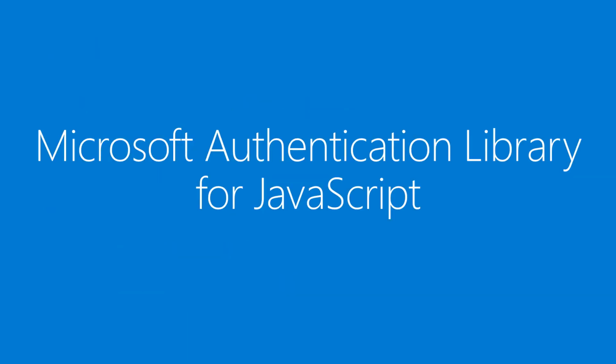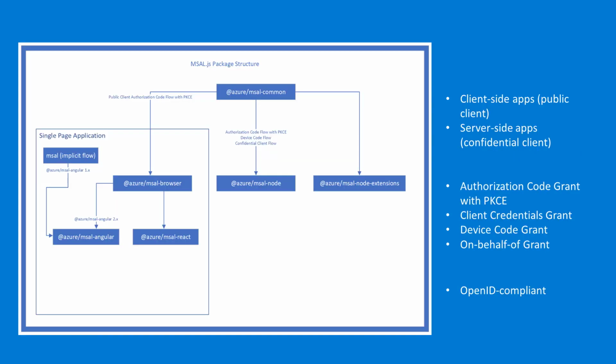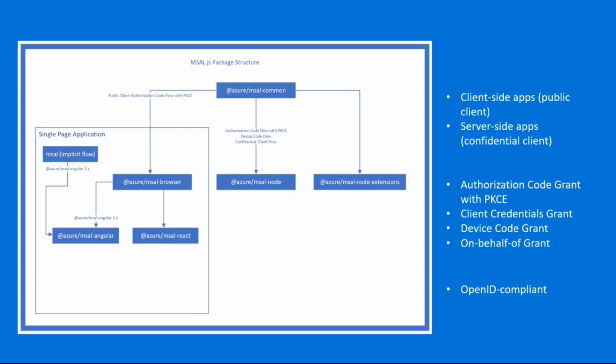All right, so very briefly, what is the Microsoft Authentication Library for JavaScript? It's essentially a family of packages, a family of libraries, targeting various kinds of JavaScript applications and enabling them to acquire access tokens and ID tokens for the Microsoft Identity Platform. It has two main branches. You have MSAL Node on one side, which you can use with your applications running on a server, as well as applications running on the user's desktop and other kinds of devices. And then you have MSAL Browser for any JavaScript application running in the browser.